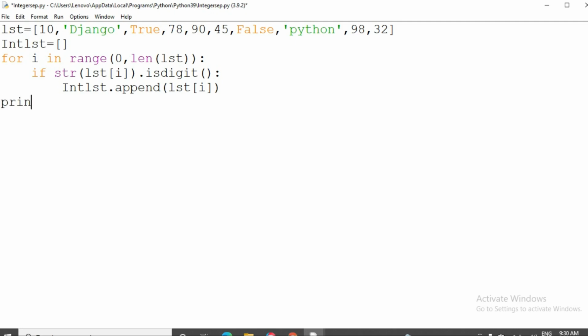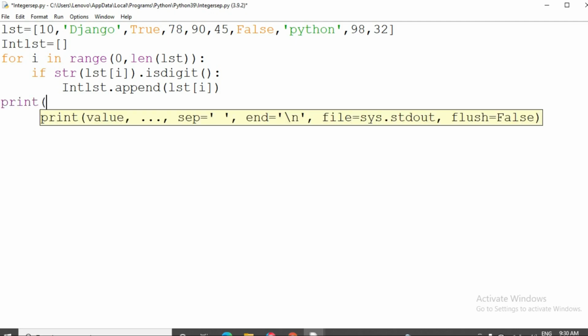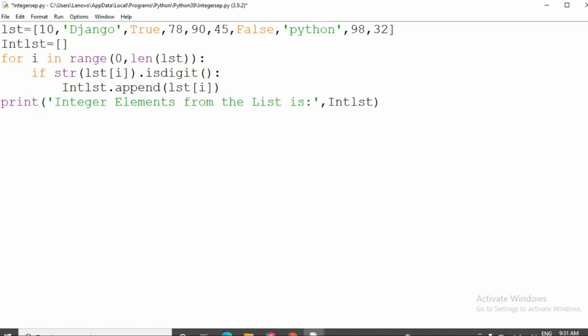Okay, then I am going to print "integer elements from the list is" and print the list.